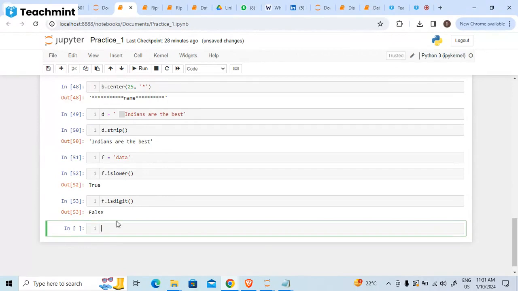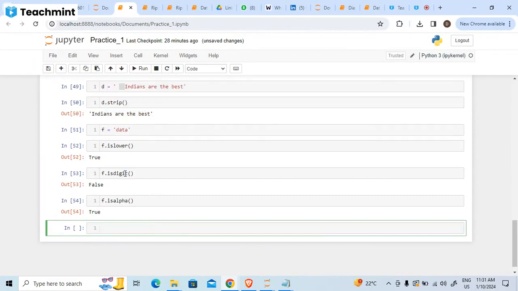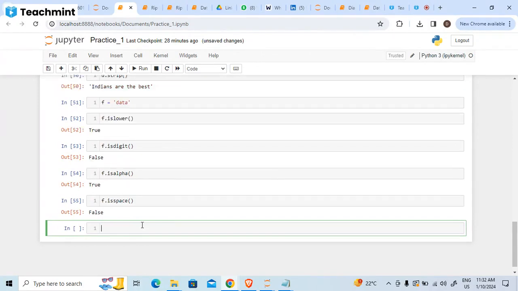No. Now F dot, check all the functions here. Is num, is alphabet, right? True. Now F dot is space, that means is there any space? No. Let's create another data set, that is R, having some space and